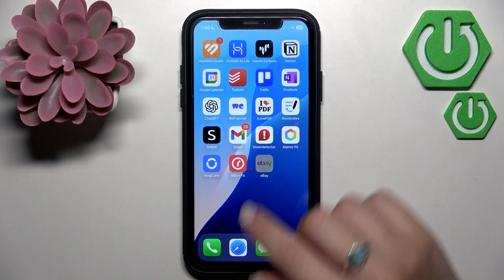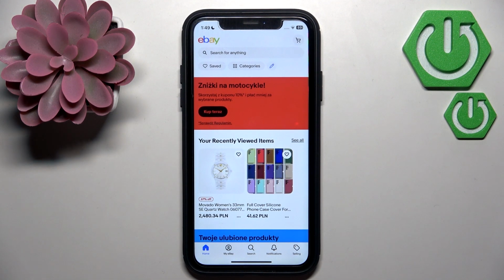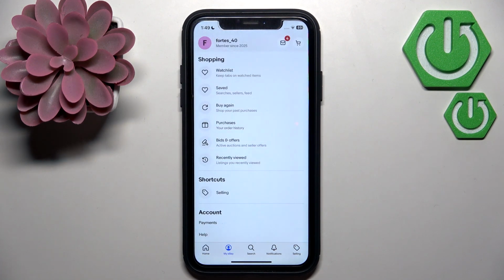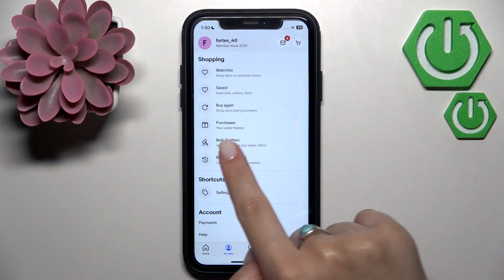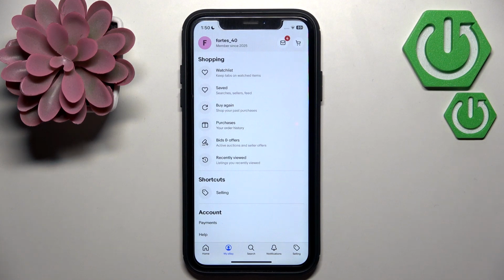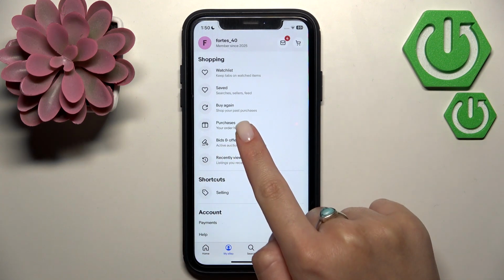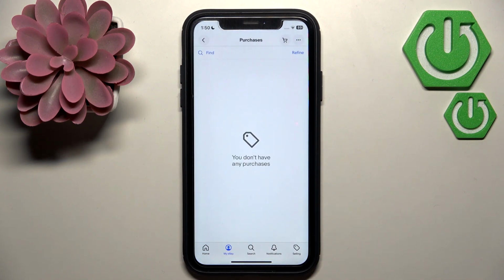Firstly, you need to open the eBay application on your device and then tap My eBay at the bottom of your screen. If you are a buyer, you need to tap Purchases, and if you are a seller, you need to click Selling. So let's suppose that I am a buyer and I have some problems, so I need to tap Purchases. As you can see, I don't have any purchases, and I cannot show you properly, but I will tell you anyway, and if you listen, I hope you can accomplish